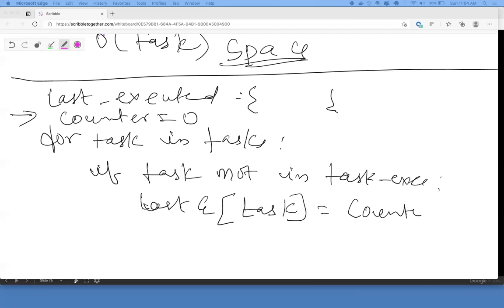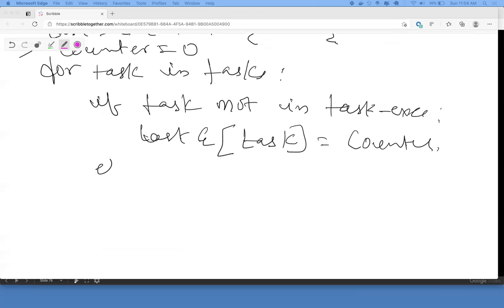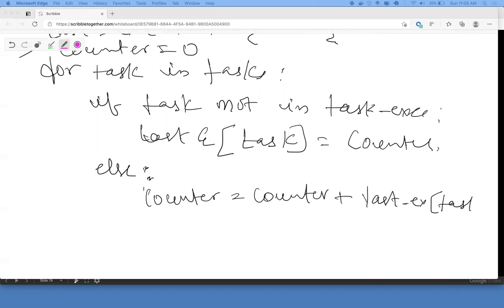Where are you increasing? Okay, let's say in the previous one we incremented the counter. Else, timestamp equals... I'm just trying to think about what's the best way to represent this. So you could basically say counter equals counter plus last executed of the task, last executed of T, plus 1.